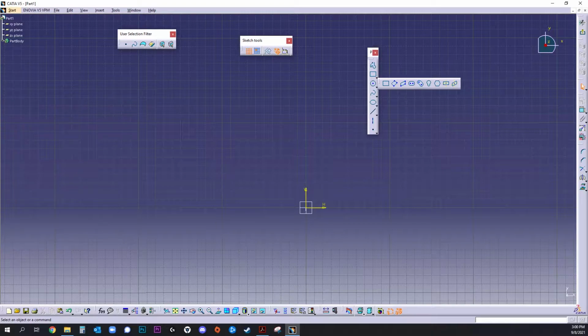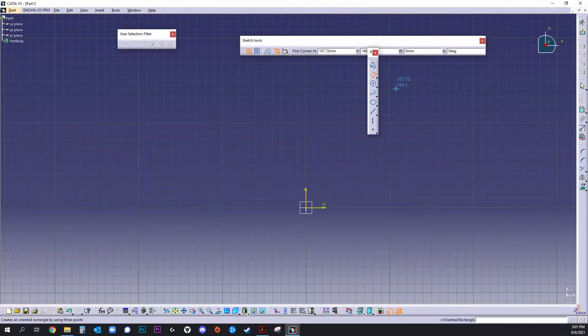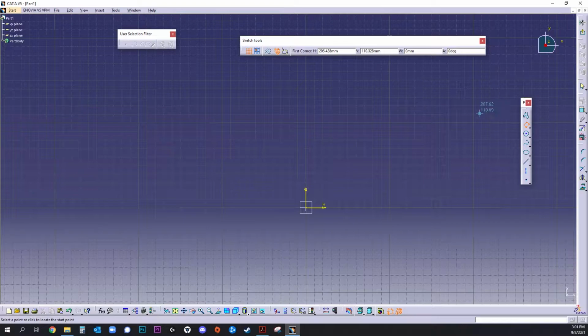And first I will start with the oriented rectangle. So I select the command, and the first method to draw this shape is by using these fields right here. So firstly I have to introduce the coordinates of my first corner point. So I will start from 0. And now I have to either introduce the second corner point coordinates or the width and the angle